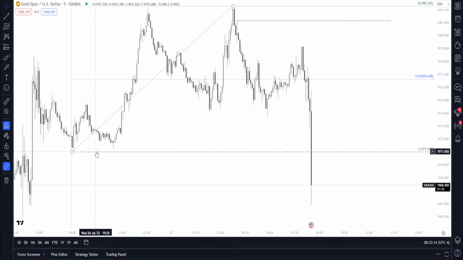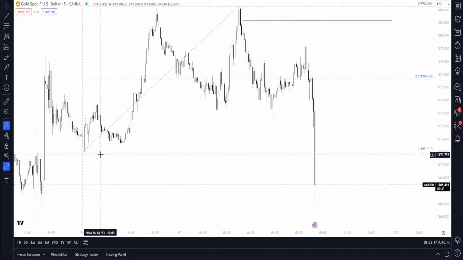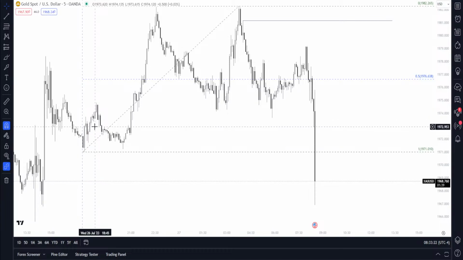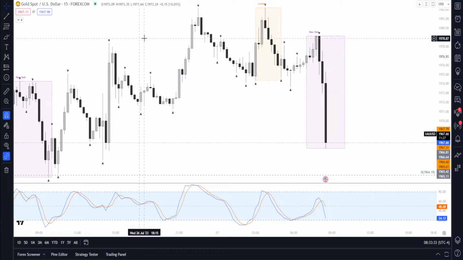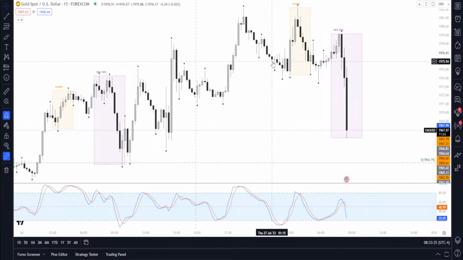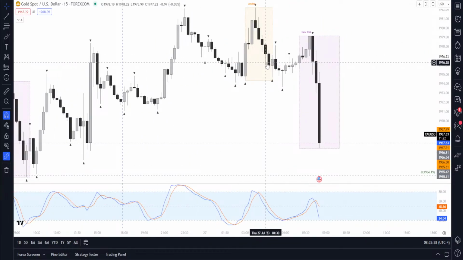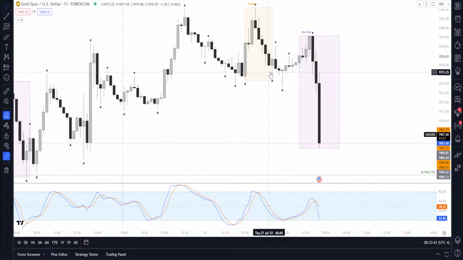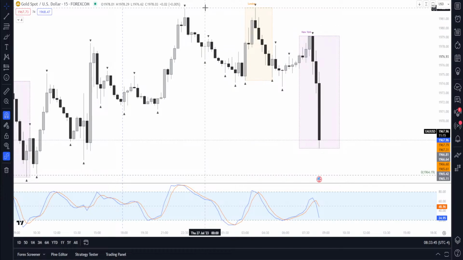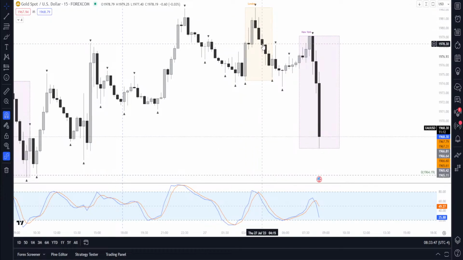Alright guys, I'm back. Sorry for the delay, but I was having some technical difficulties this morning, but it looks like we didn't miss anything, so it's fine. My trade did win. So here is my chart for the morning delight, and my trade actually won here. So this was my morning delight trade right here.